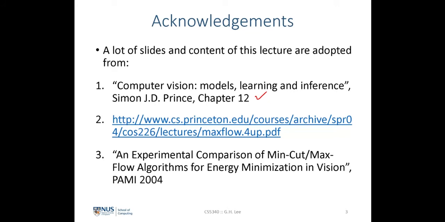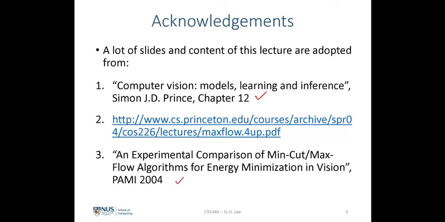I also took some slides from a lecture by Princeton University on max flow min cuts, and I also took some of the reference from the original paper which relates the max flow min cut algorithm with probabilistic graphical inference for computer vision. I strongly encourage every one of you to take a look at all these three reference materials